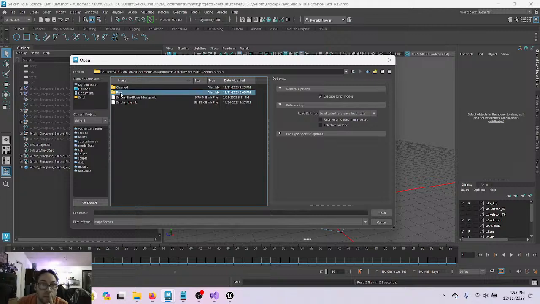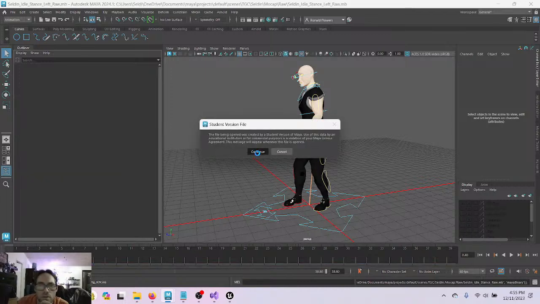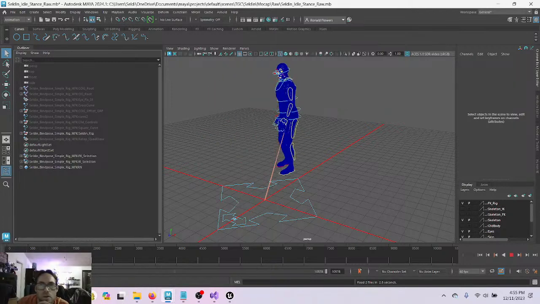I mean, I must have done it, but I don't remember doing it. Maybe it was just from idle stance raw. Yeah, okay, it was from here. So I have these and that, but the thing that I care about is this. So from that stance,